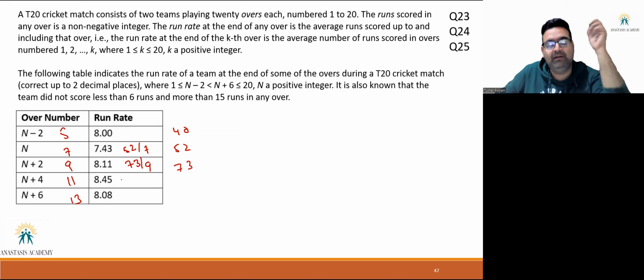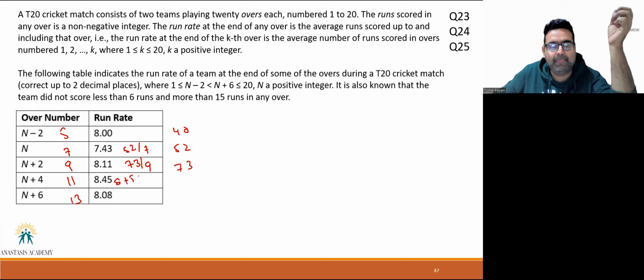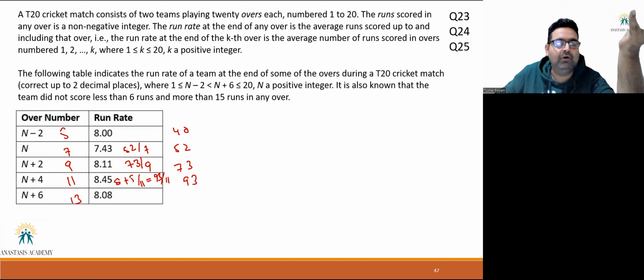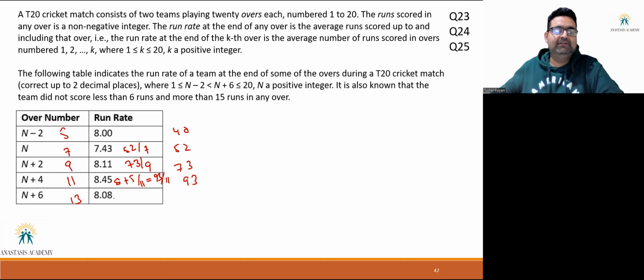Now 45. 45 is 0.09. Where does 0.09 come from? 1 by 11. We know 1 by 11 is 9.09 percent. So 5 times of that. So 8 plus 5 by 11. This will come 88, 93 by 11. Again, here 11 is there, 93 by 11 will give you 93. And 0.08 is actually 1 by 13. Even if you don't know that, you know 4 out of 5 values are matching, so this has to be 13. 8 plus 1 by 13, which is 104, 105 by 13. When multiplied by 13, this is 105.